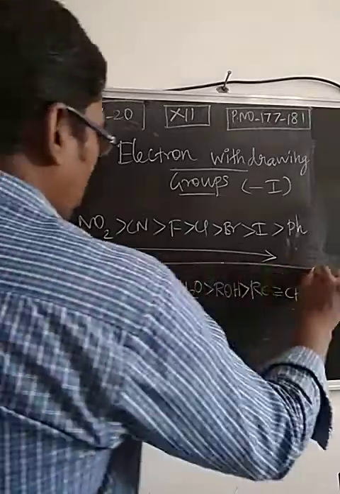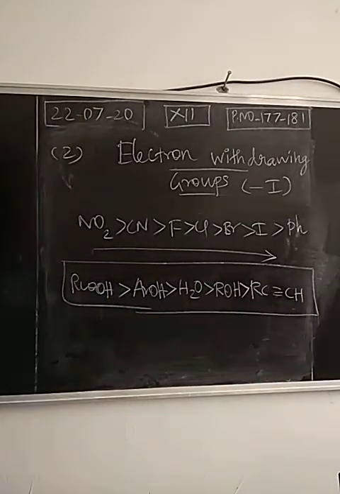So this is an important question: compare the acid strength of certain compounds. The least one is alkyne, the highest one is carboxylic acid. So this is the decreasing order of acidic strength of certain compounds. Next one,